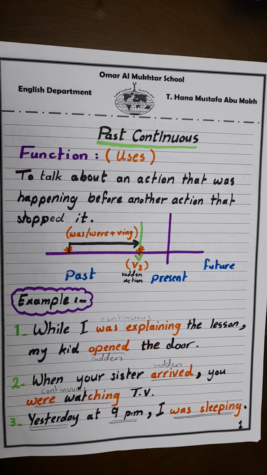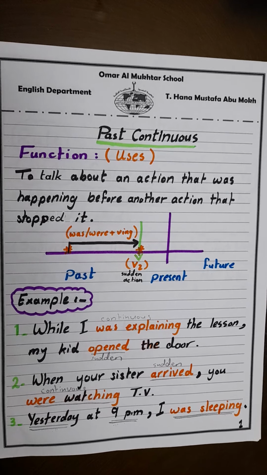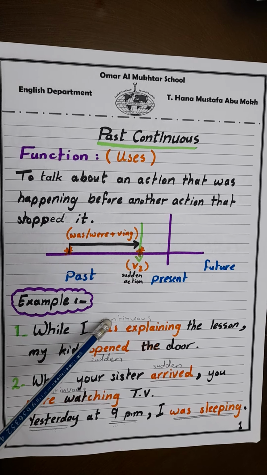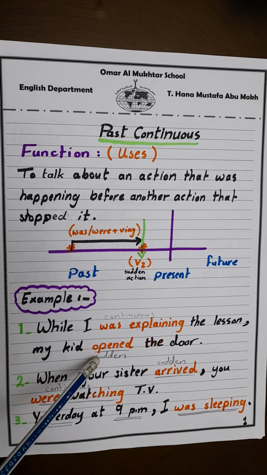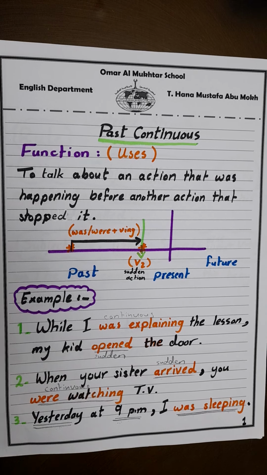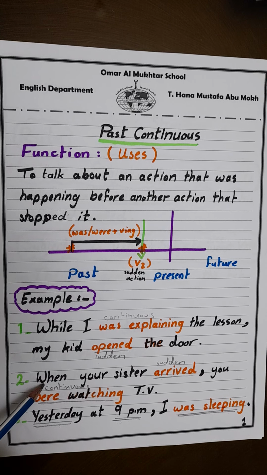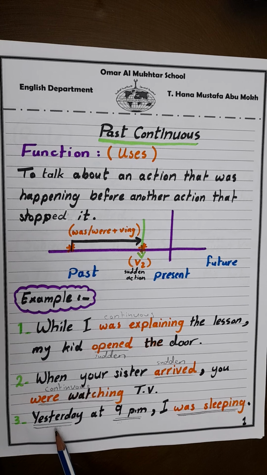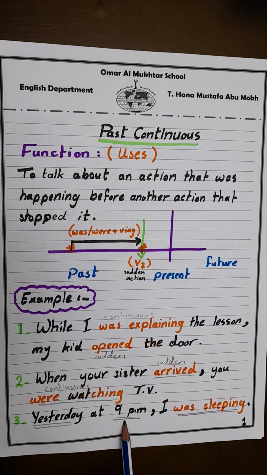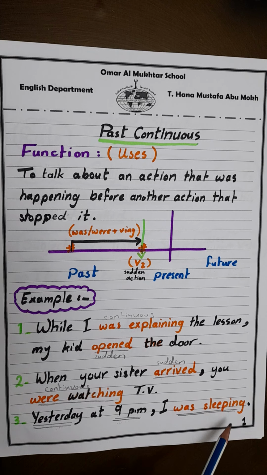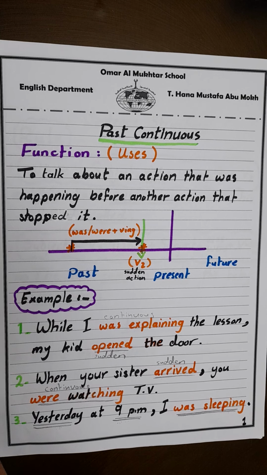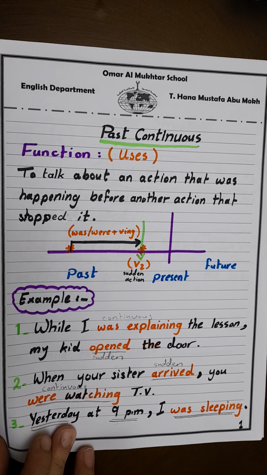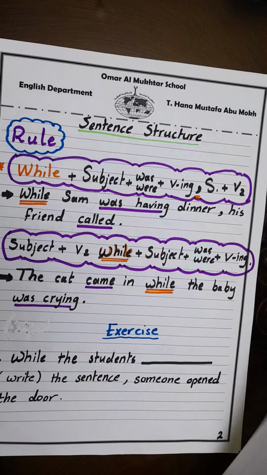Okay. Did you understand? So I have a continuous action and a sudden action, if you notice while or when. If I have a past keyword plus time, I also use the continuous action, which is was and were plus verb ing. Clear? Now let's move to the other page